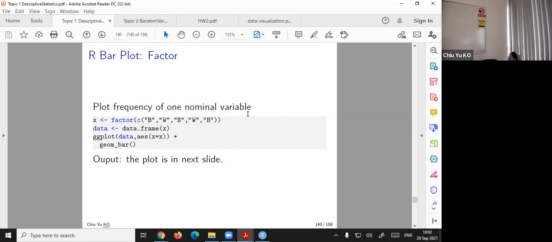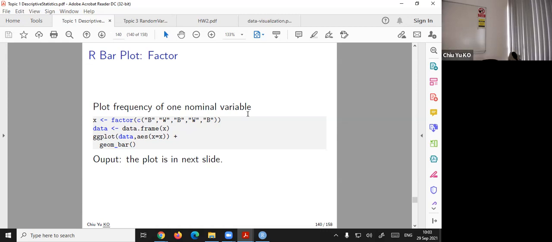the data we have so far is numbers. But some of the time data are not numbers. They come in like this: black and white, black and white, black and white. That's what we call ordinal data or categorical data. That's why we have male, female, male, female. This data, and you have a vector,